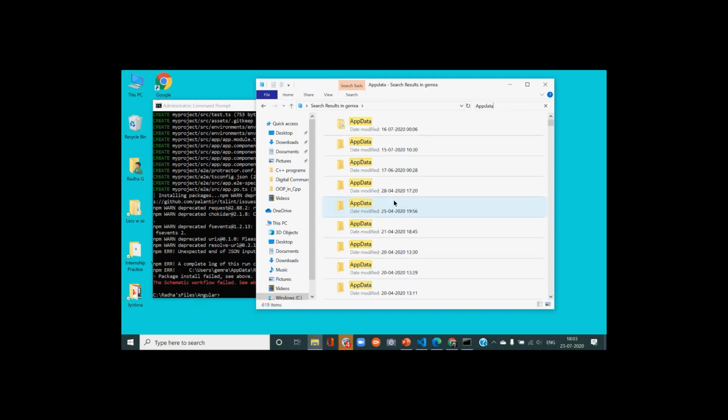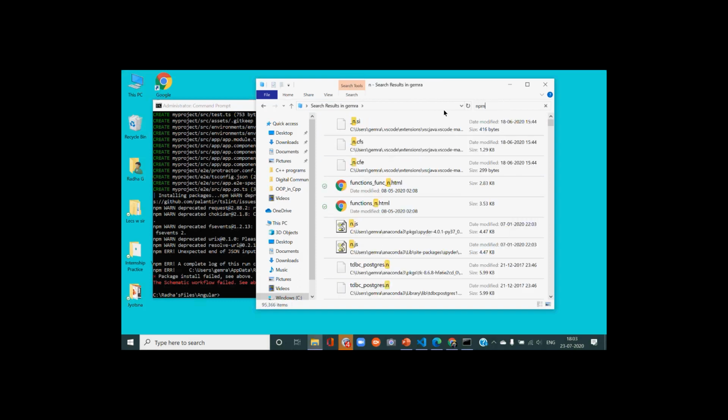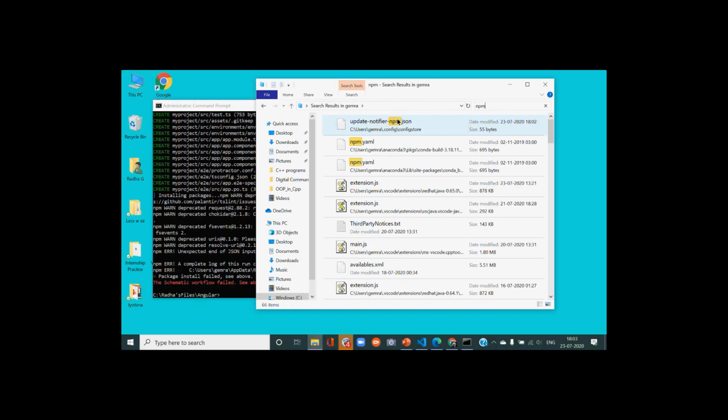Just check for npm or something like that. Search for npm. This? No, this is for Python. Search for node, so get the node folder.